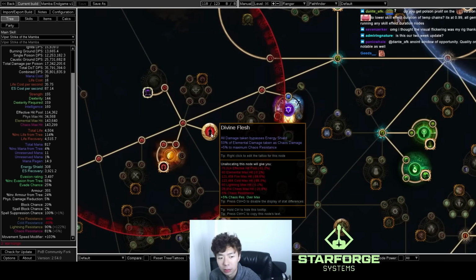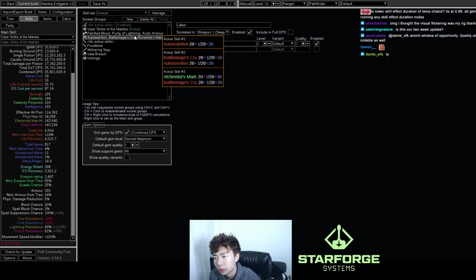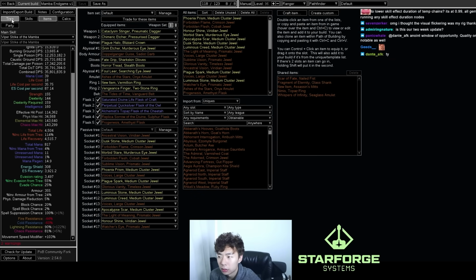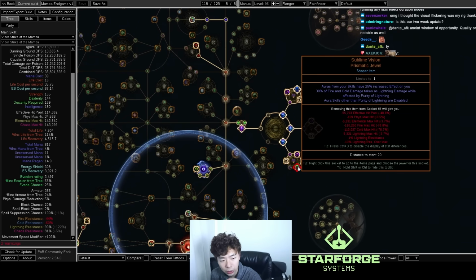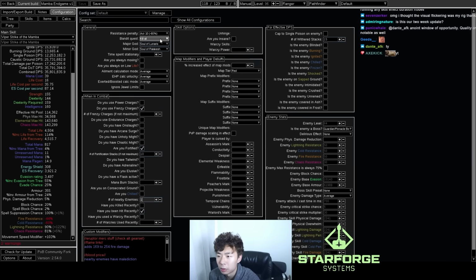Oh, there's one more reason why this is super good. This setup, the Divine Flesh, Doppelganger guys, Watcher's Eye, Purity. I guess it's over here. This Watcher's Eye for conversion, and then the Sublime Vision for conversion. Super good because you don't need to build resist. So I have almost no suffix pressure on this thing. I think I might be helping Alira, so I should probably swap that out, but